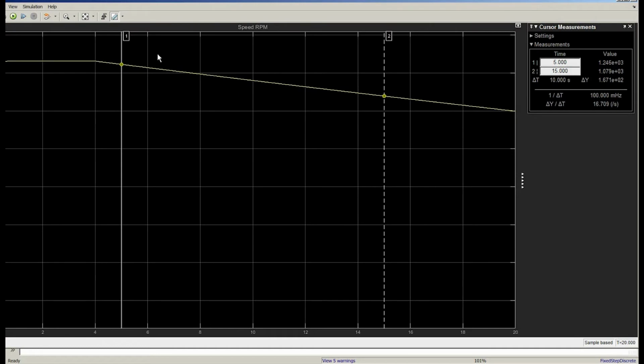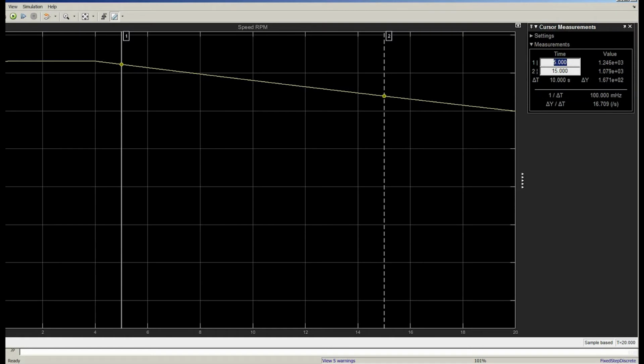As you can see, the motor is disconnected at 4 seconds and it starts decreasing its speed. Now let's take the first instant to measure the speed after the disconnection at 5 seconds and another at 15 seconds. We can note the speed at both instants and we will keep the dn constant.